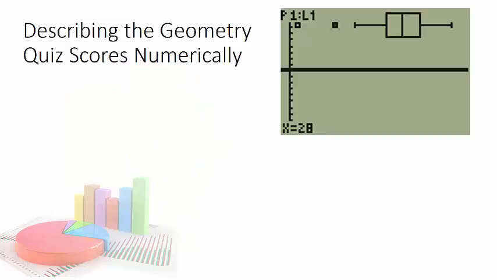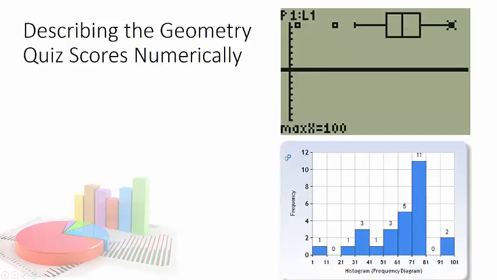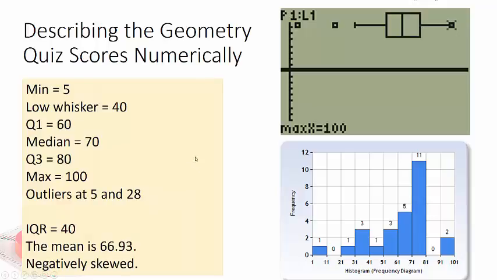So here's my box plot that I generated after I cleared my list and put in my new data. And here's the histogram. You can see the box plot and the histogram look quite similar. The advantage of the box plot is you can really identify the median, where it's a little bit harder from a histogram. Here, the min is 5, and then we have 28,